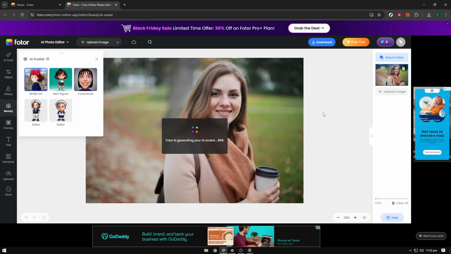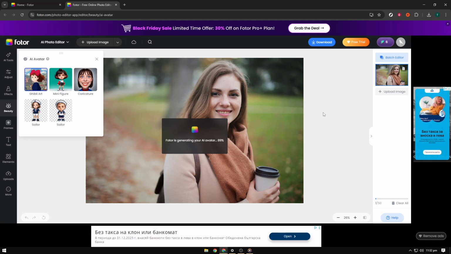When processing completes, your AI avatar will appear on the screen. Take a look at the result and note how the style interprets your features. If you're experimenting, feel free to return to the styles and try another look using the same photo to compare outcomes. And that's it. Simple, straightforward, and